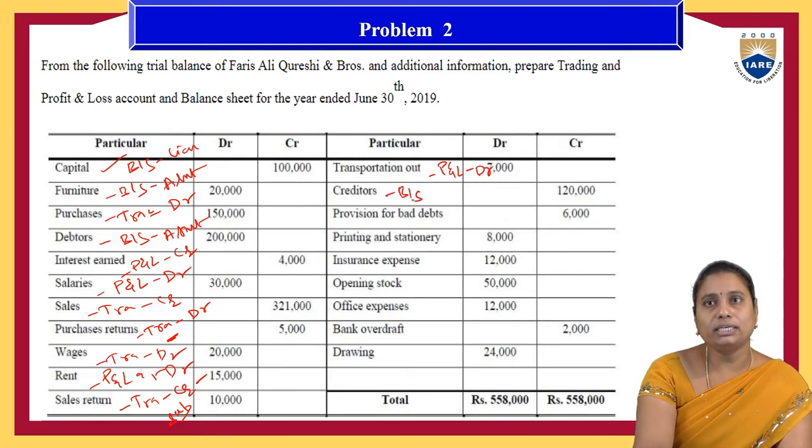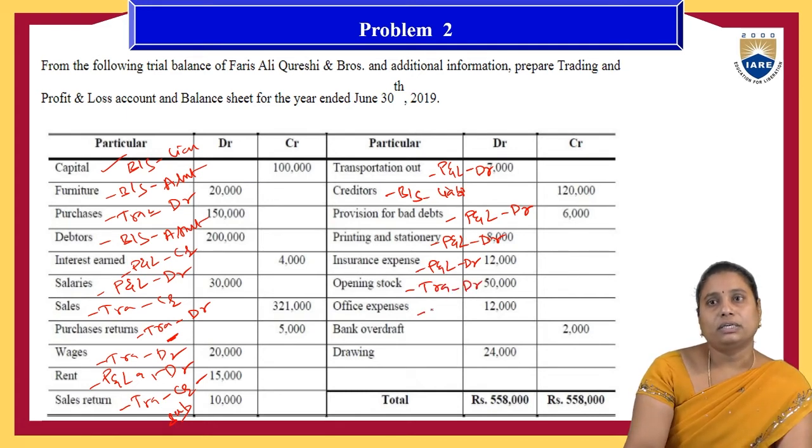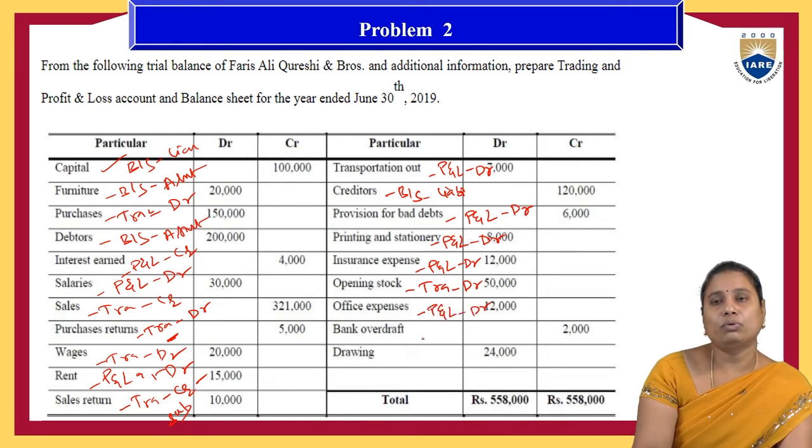Creditors, balance sheet, liabilities, current liabilities side. Provision for bad debts, an expenditure for the organization, so profit and loss account, debit side. Printing and stationery, indirect expenses, profit and loss account, debit side. Insurance expenses, profit and loss account, debit side. Opening stock, trading account, direct one, debit side. Office expenses, profit and loss account, debit side. Bank overdraft, profit and